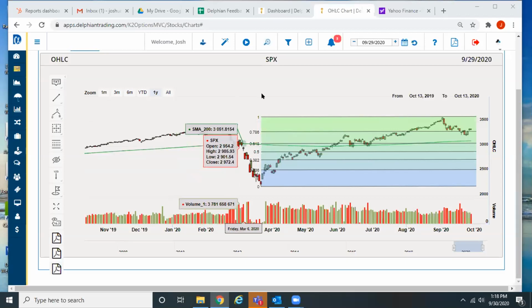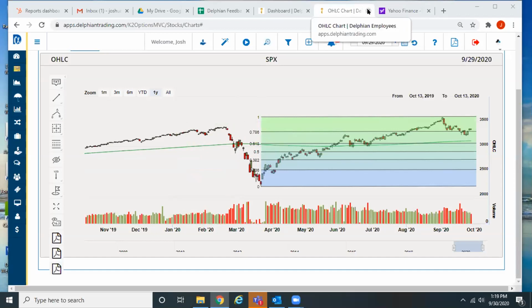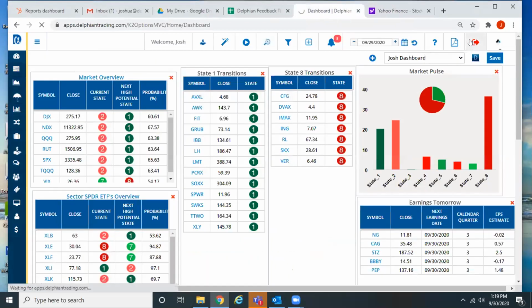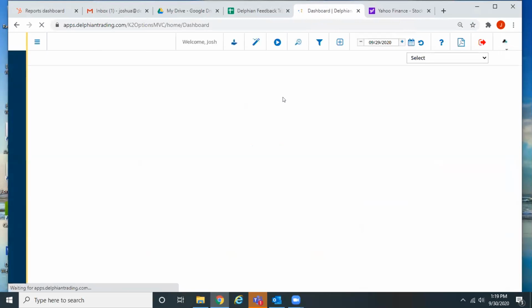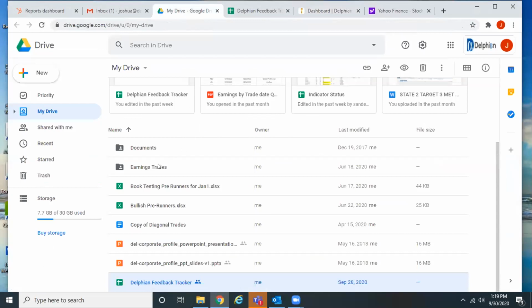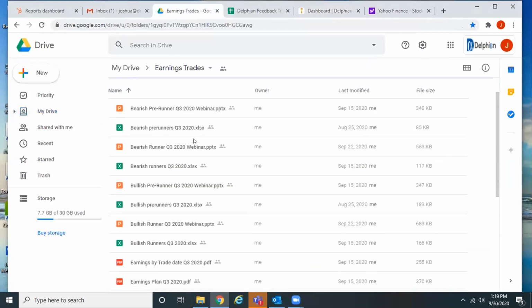Okay. All right. Let me just log out, log in. Hopefully it's quick. Okay, so I put that back on the share drive. I put that state 2 target 3